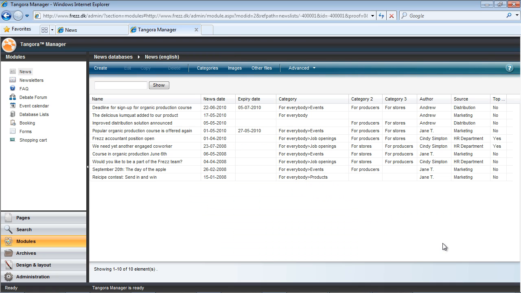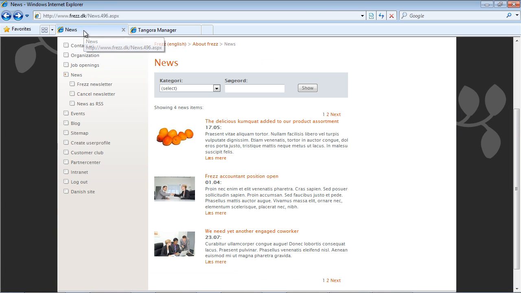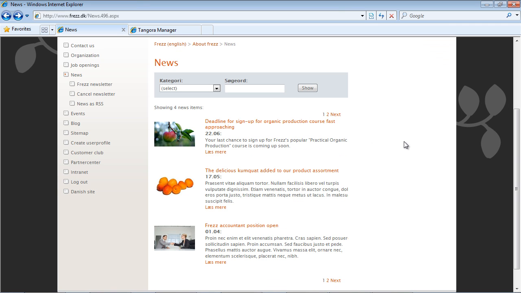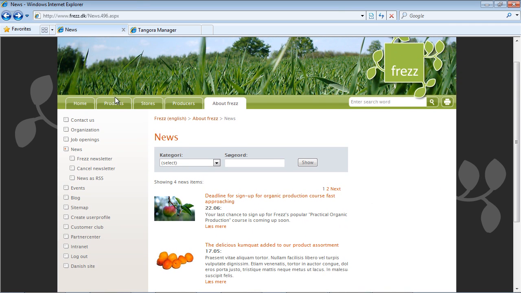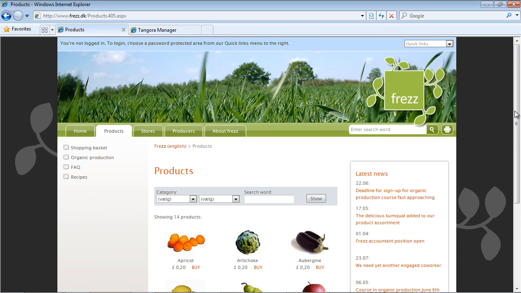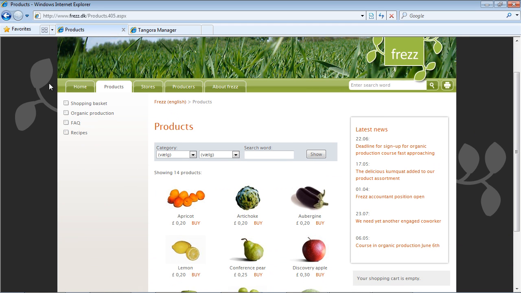When I hit OK, the news item is published, provided that the rules for displaying my news item are upheld, that is, that the date and category are within range. If I want to save the news item without publishing, then I could just adjust the date of the news item and thereby render it out of range. But we have a current date as well as a public category. So now when I go back and view my news page, we can see that our news overview is updated here, as well as in my teaser box.